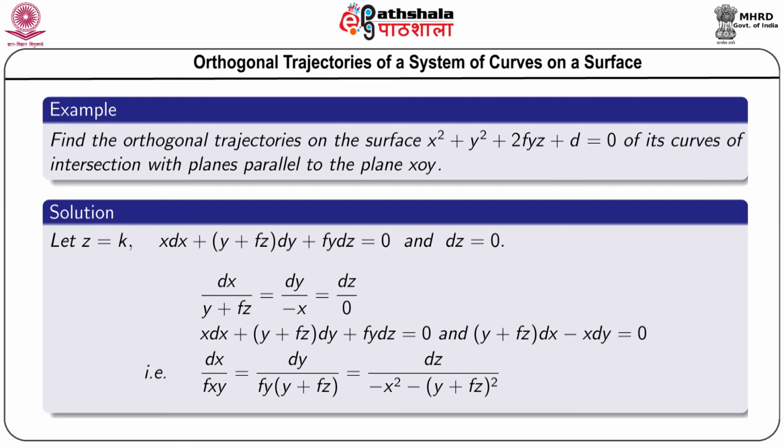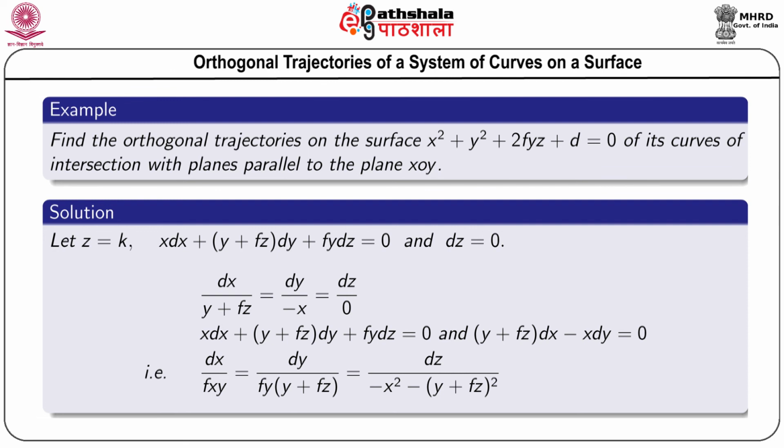Now, if dx, dy, dz is the tangential direction to the surface, or better say to the curve, then it will satisfy the equation x dx plus (y plus fz) dy plus fy dz equals 0, and also dz equals 0. Now, solving these two equations we will get this relation, this is a simultaneous equation in 3 variables, and now we want to find a direction which is orthogonal to this direction. So, if that direction is dx dash, dy dash, dz dash, it will satisfy this equation,